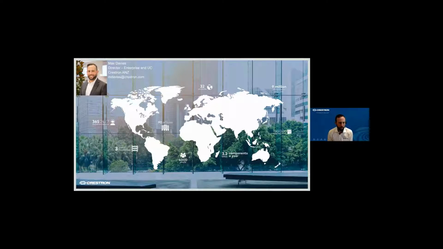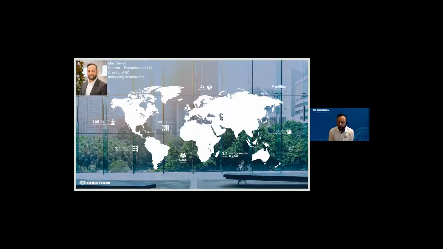Now, just a bit of background: Crestron is a global organisation based out of Rockland, New Jersey, and we've been around for about 50 years. In recent times, we've been developing some very, very strong Microsoft relationships. It started over 10 years ago with some of the first Lync room systems, and we've seen the journey all the way from that to RL2, to the SRS solutions, and now into MTRs. We're very proud to be working with Microsoft. It really is an honour, and a huge amount of opportunity in the marketplace at the moment as the world shifts to Teams as their default position for collaboration.